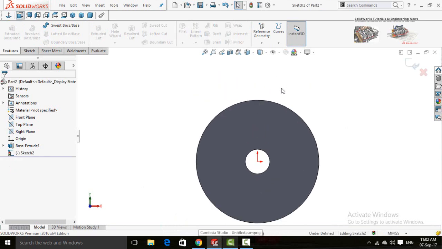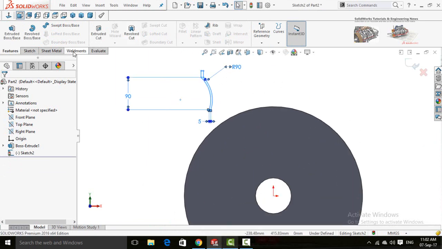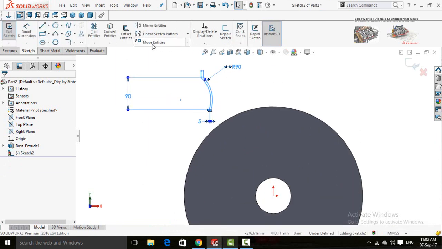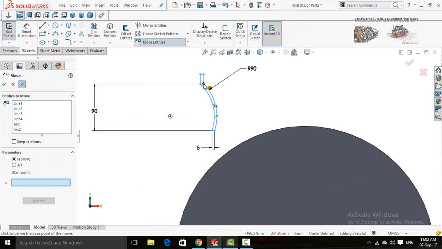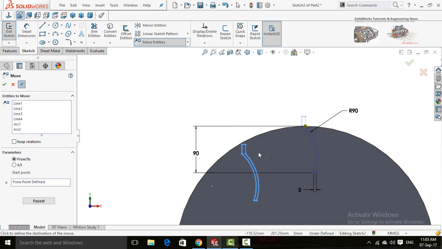Here in the middle disk or center disk, paste that sketch. Now in the sketch tab, select move entities. Start it from this point to the quadrant point of this disk.